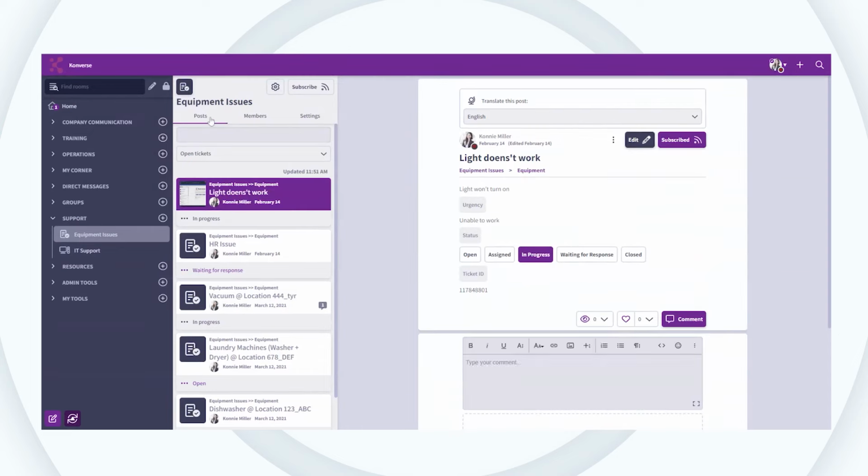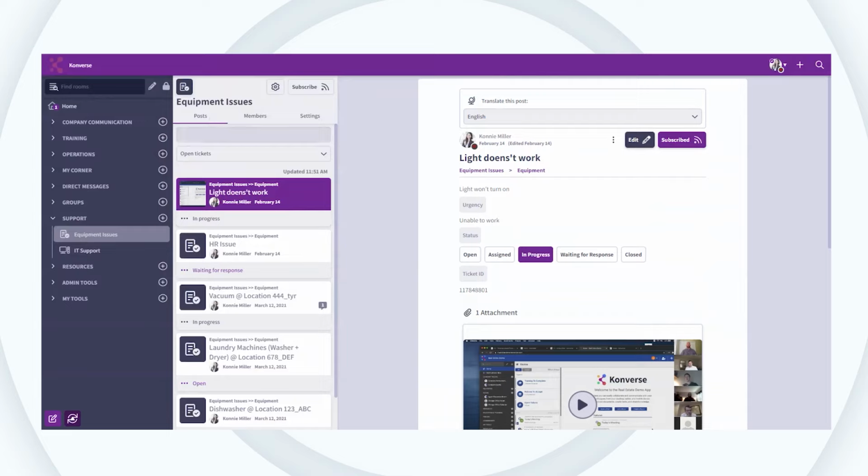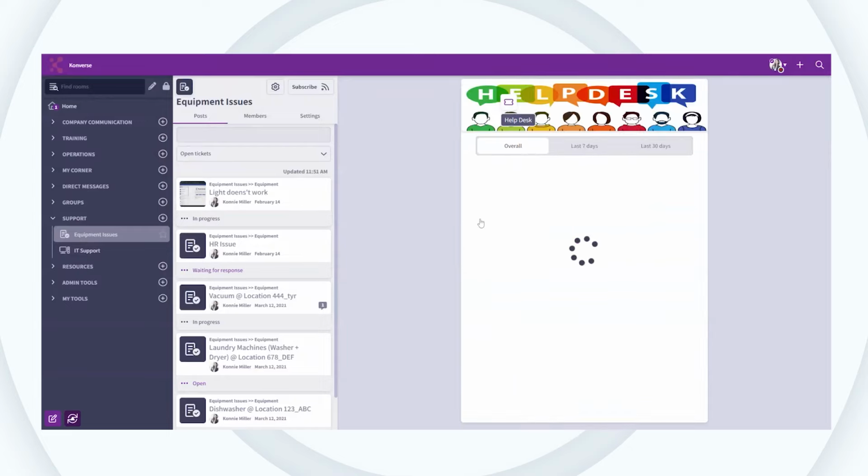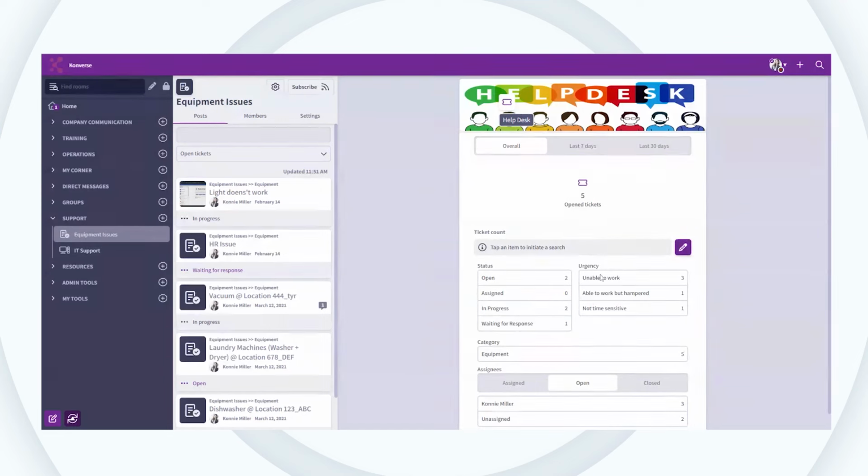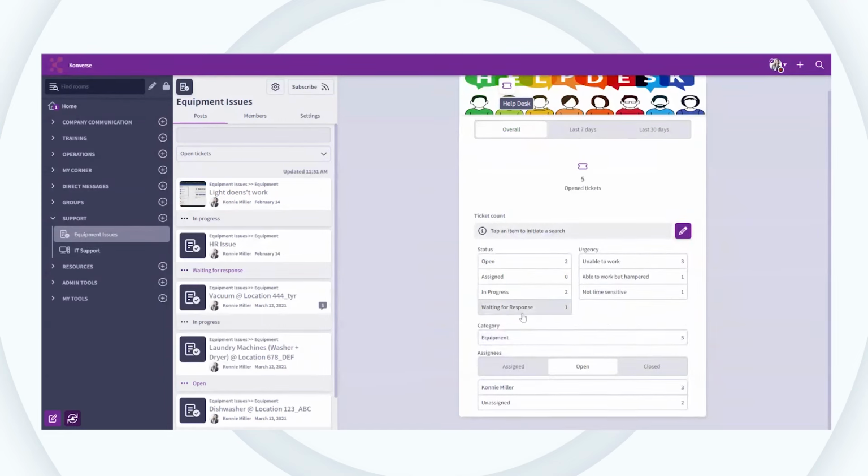The admin folks, the leadership of the organization, have the ability to come in and say how many tickets have been created and completed over the last 30 days, who's getting assigned those tickets, what category those tickets are being put under, and the ability to search more directly the type of information they need to see within those tickets